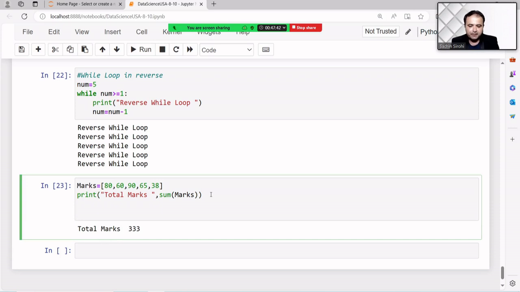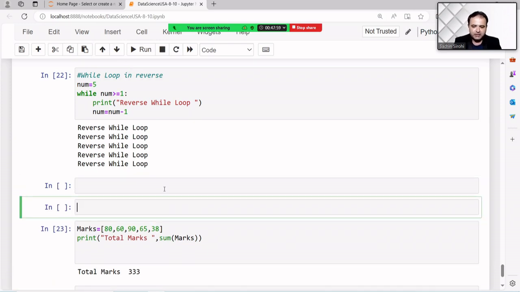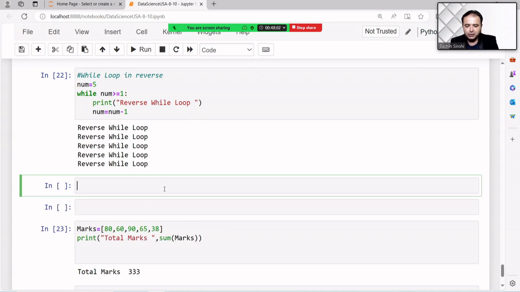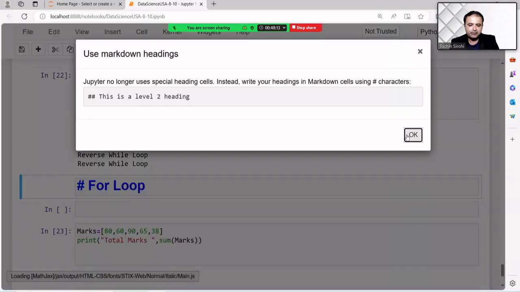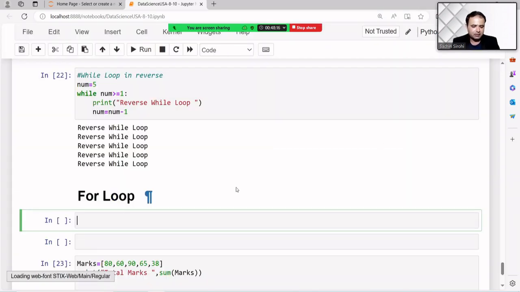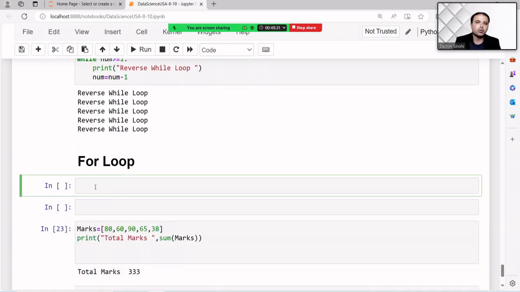So we can use a while loop here. Now here the while loop is not so important. I want to discuss the for loop first, then I will discuss this particular logic. The for loop is also a loop, but its syntax is easy compared to the while loop. How? If I want to print 1 to 5 with the help of a loop.